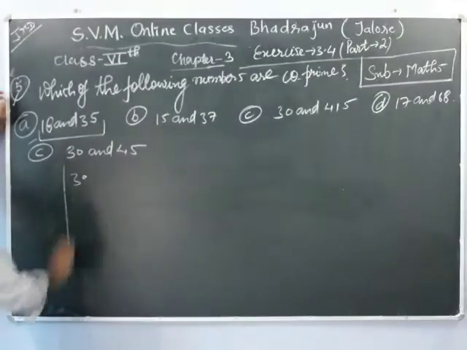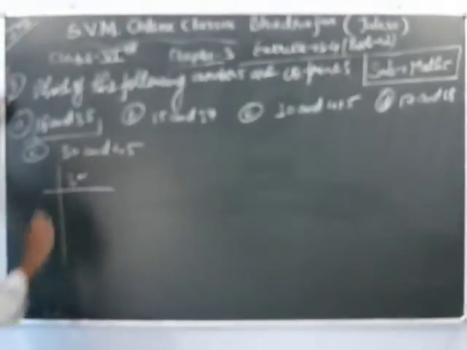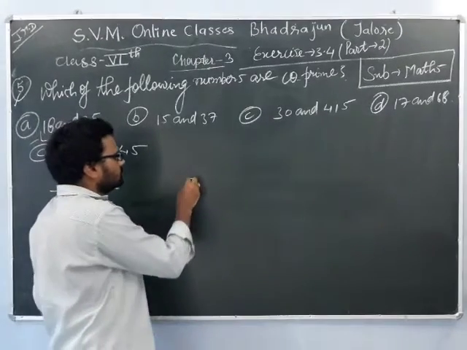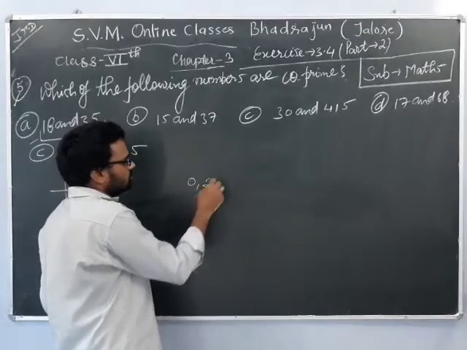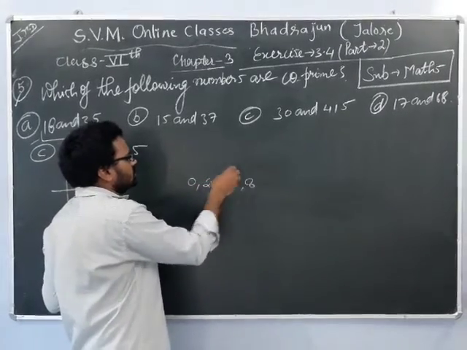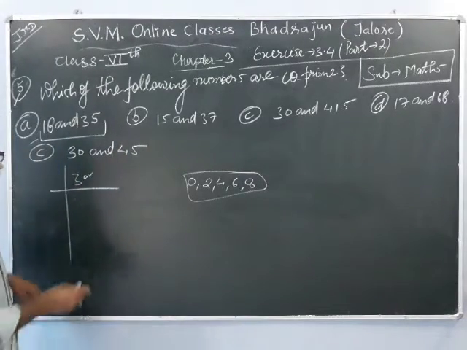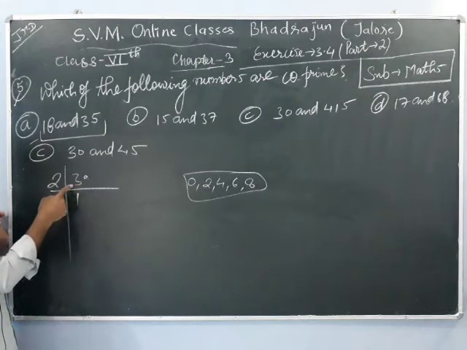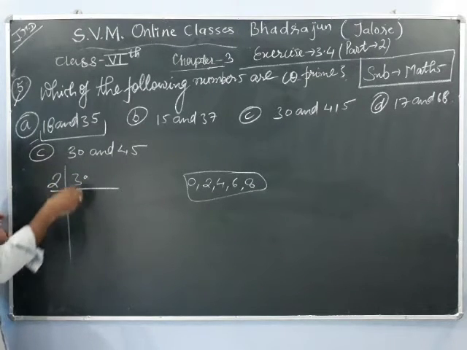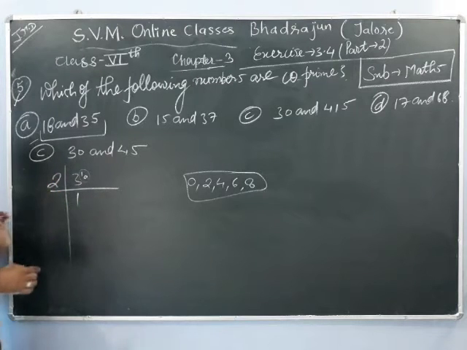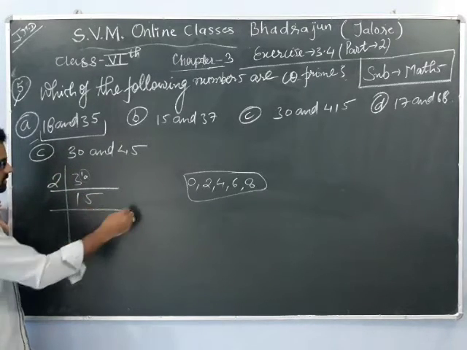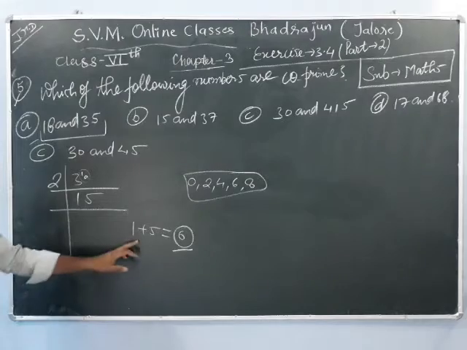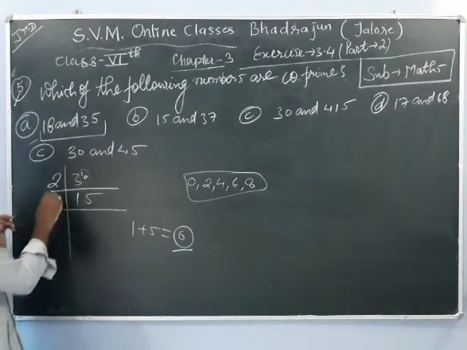So we will again factorize 30. Here we are seeing the unit place digit is 0, hence this number will be divisible by 2, because if the unit place digit is 0, 2, 4, 6 and 8, then only the number is divisible by 2, hence we will divide this number by 2. 2 ones are 2. Now 15 is not divisible by 2, so 1 is remained, and this will make this 10. So 2 5s are 10. Now this is 1 plus 5, 6. Because the sum of digits is 6, this number is divisible by 3.